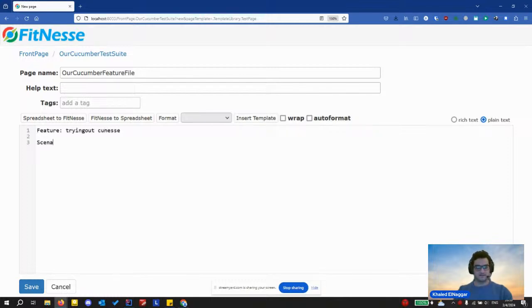It will have a scenario that is, for example, first scenario. And we will give it some dummy steps, like given the user is signed in, then the user is authorized.